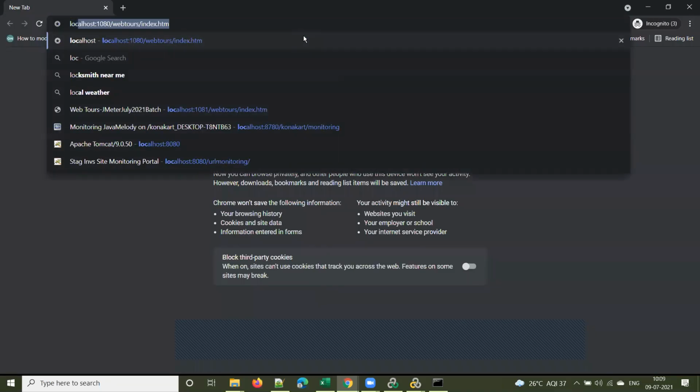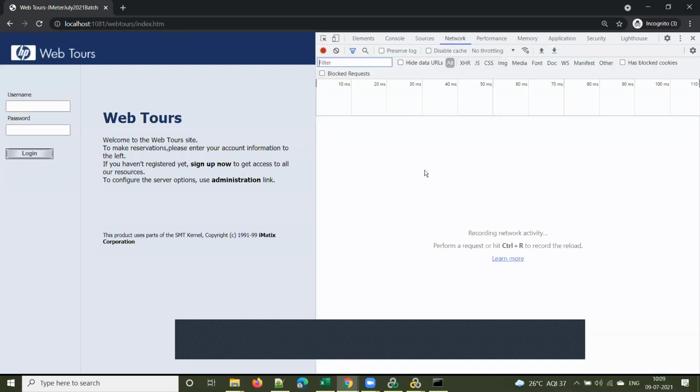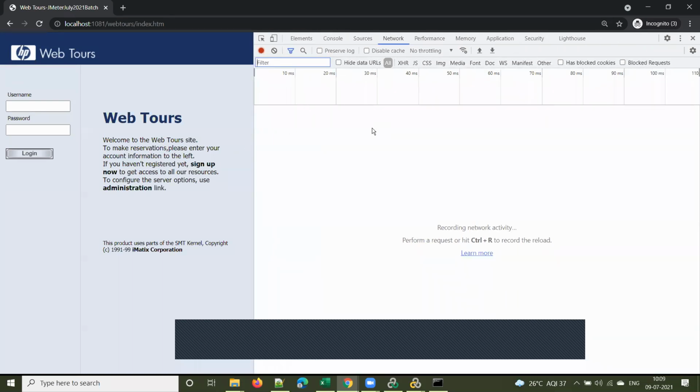I'll type the URL here. Right. Sorry. Launch developer tools by using function F12. Can everyone do that, please? Can everyone launch developer tools on your laptop or desktop? Very important, guys. We'll be using developer tools a lot. Everyone should be comfortable with developer tools.